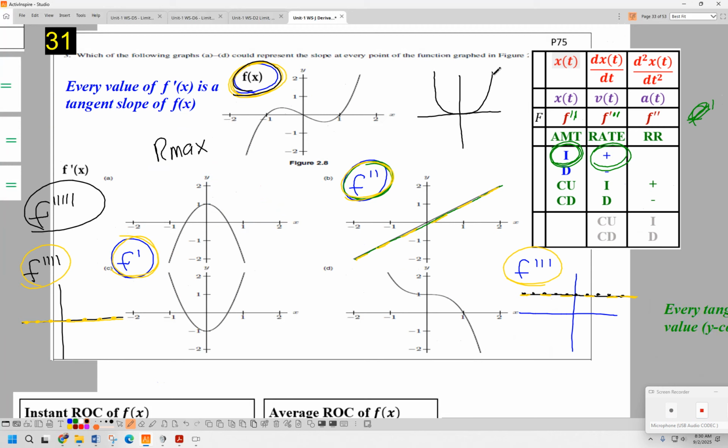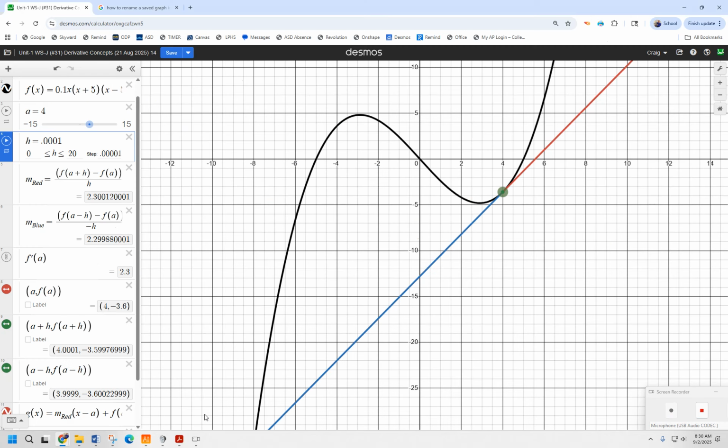So in the past packets, we have been looking at jump discontinuities and numerical discontinuities. How would we see those translate onto f prime graphs? Gotcha. I gotta have all eyes. 2 more for Eliza. When you see that, the reason they had us study limits was to get you comfortable with what we did with Desmos, where we said, hey, we can do a secant slope to the left and a secant slope to the right,